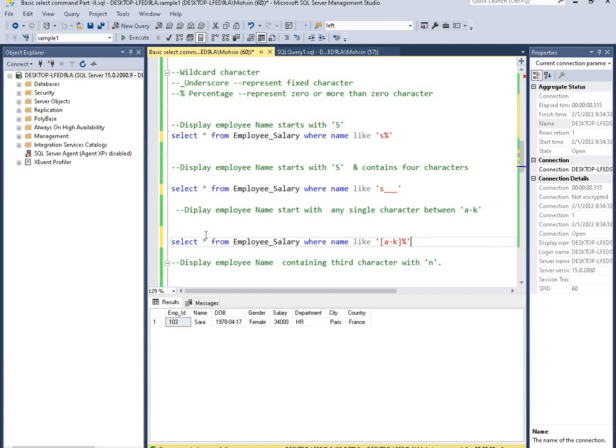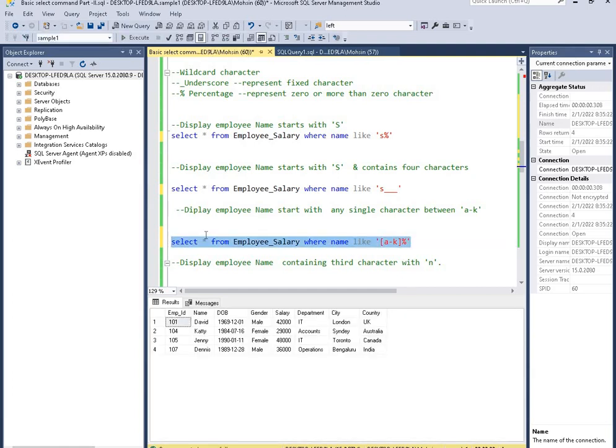It should start A to K. That's why here you can see David, Katie and Jenny and Dennis. The initial letter starts from A to K.